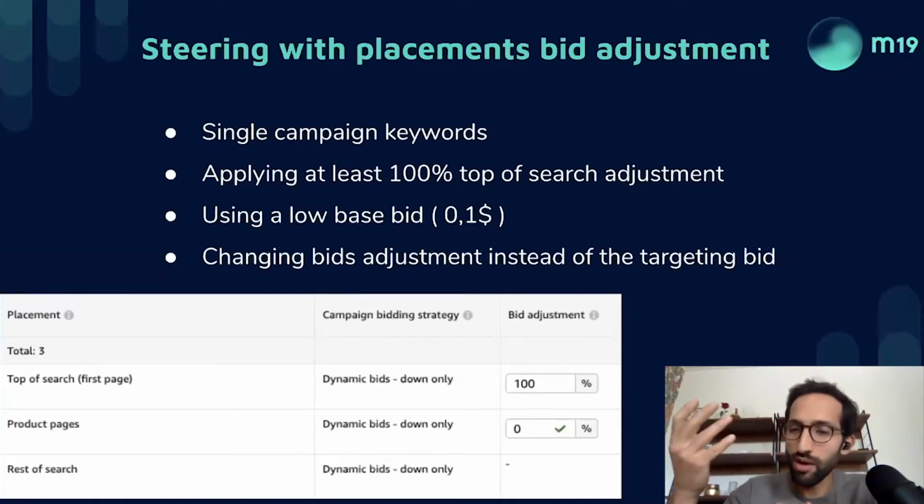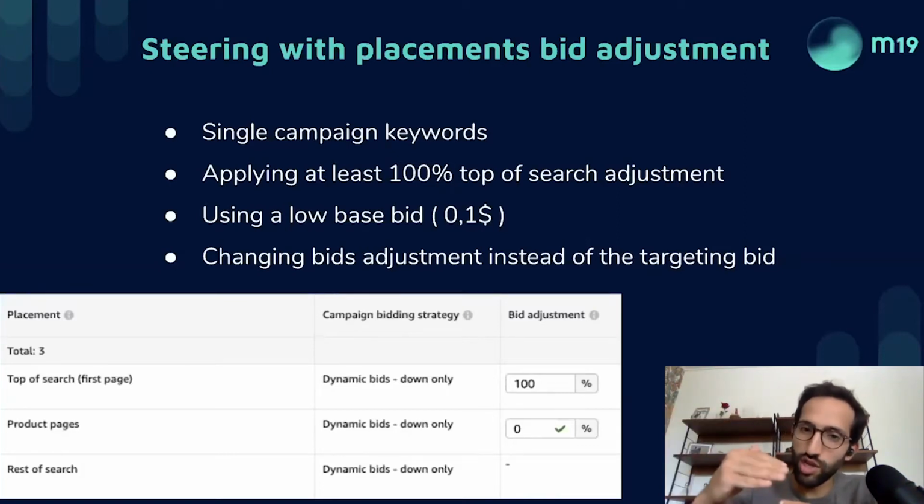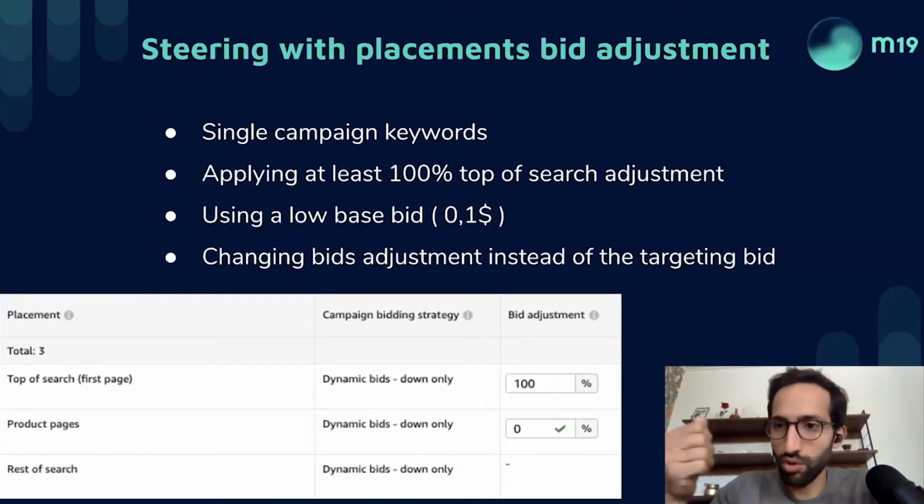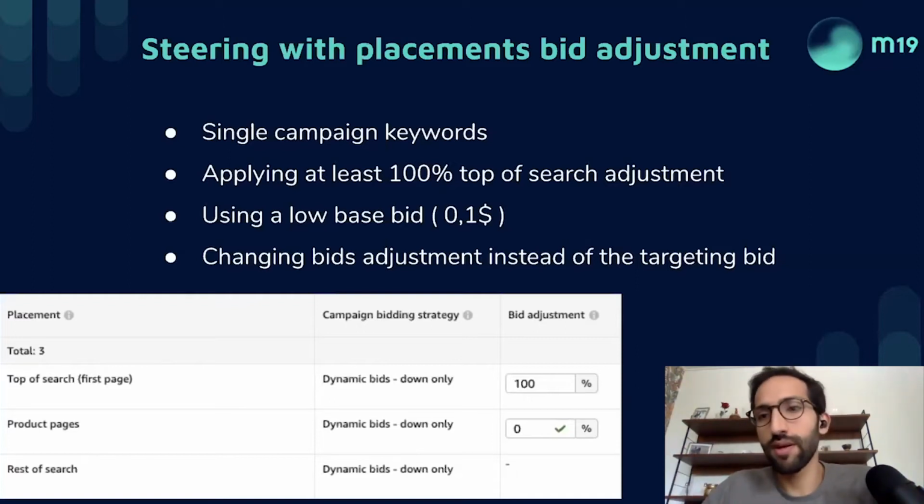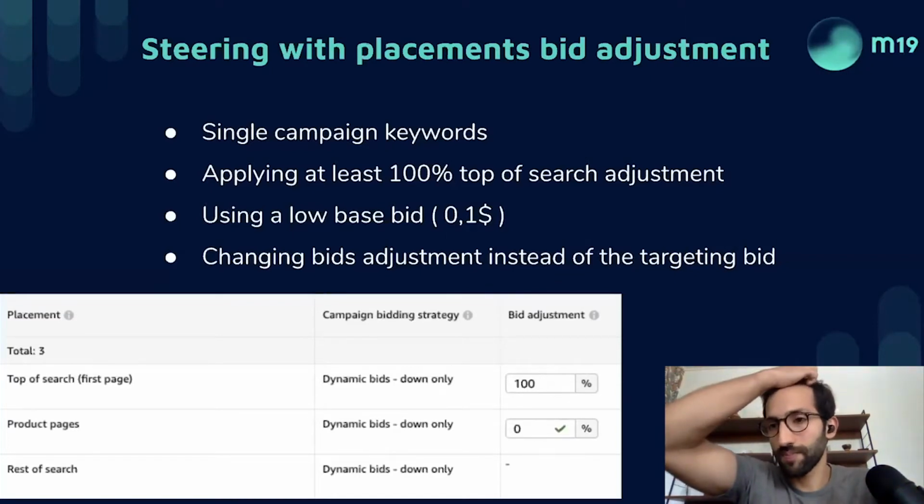So instead of changing 10 cents to 40 cents, you will just change the adjustment from 100% to higher in order to get more traffic. So it's the other way of doing steering based on adjustment and not based on bids.